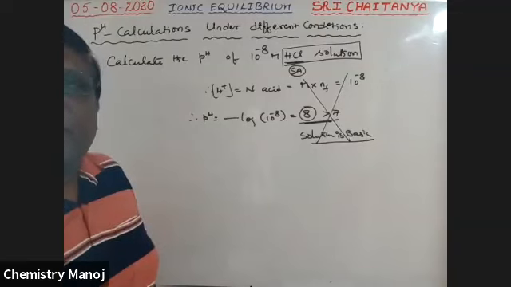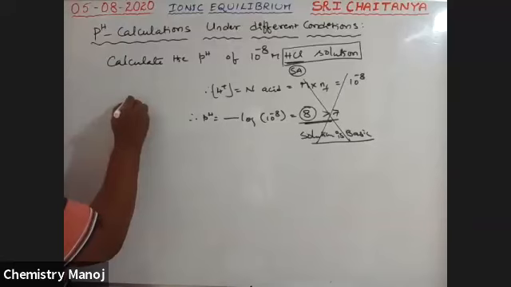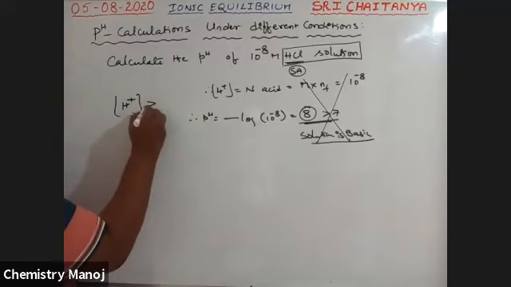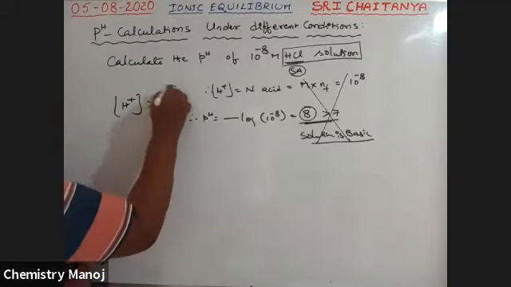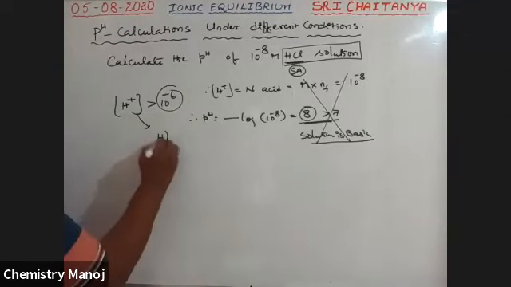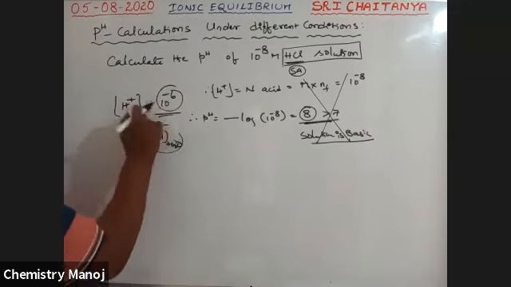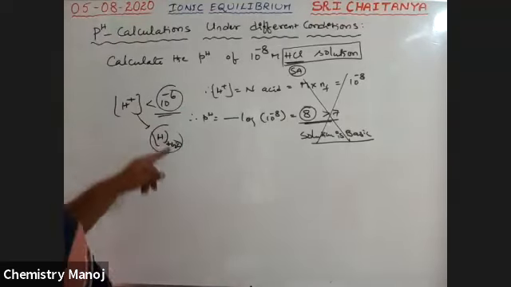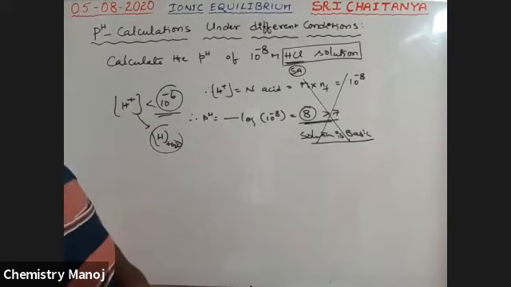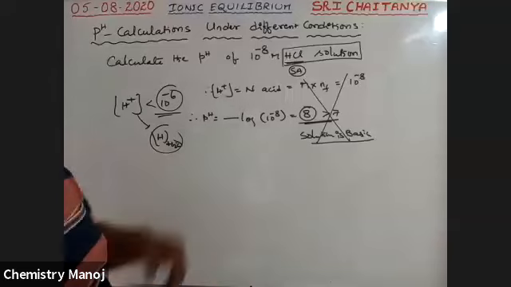That's why I already gave a point. If the H plus ion concentration is less than 10 power minus 6, the H plus concentration from water also must be considered. Not greater than, less than. So below 10 power minus 6, the H plus concentration from water is also considered, but we directly connected it with our example calculation. That's why it went wrong.